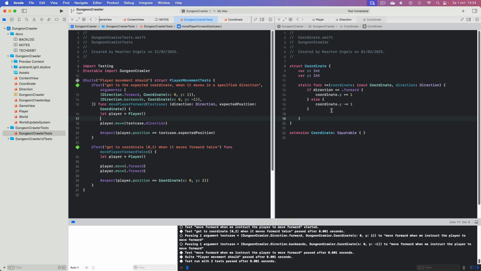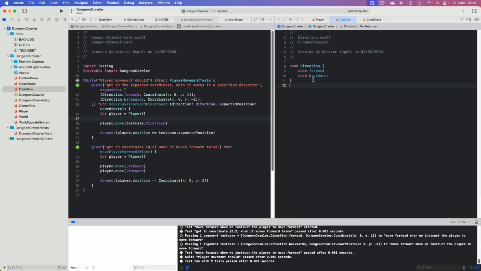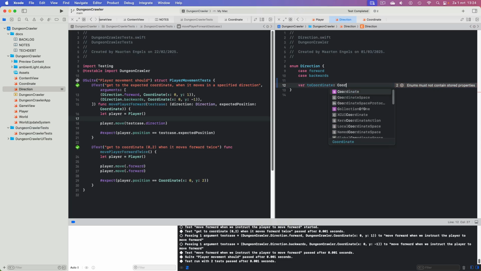And now we can refactor this code. So this if-else is of course not the right way of doing this. So what if I said that direction has two coordinates, and this returns a coordinate. So I could say switch on self, and the case,